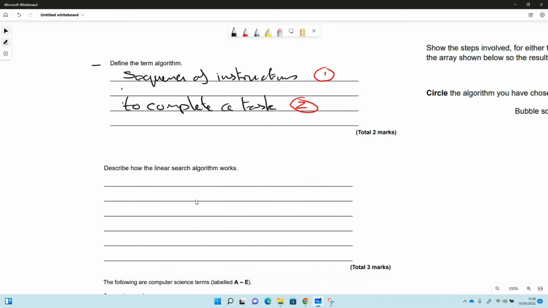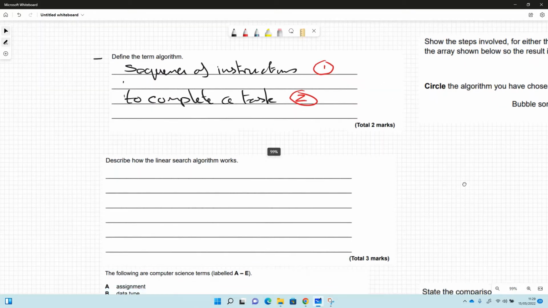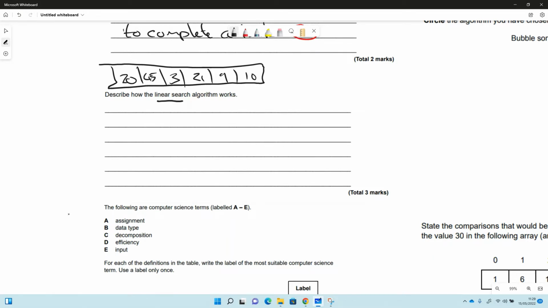Okay, so next one we've got is one of the common algorithms that we should know about. So there are a few algorithms we should know about. One of those is the linear search. So the linear search starts on an array, usually. So if we've got an array with several locations in, and let's say we've got numbers, and they're in no particular order, and let's say that we're searching for 21, we would start in this position here,